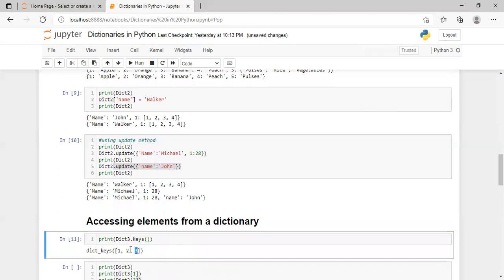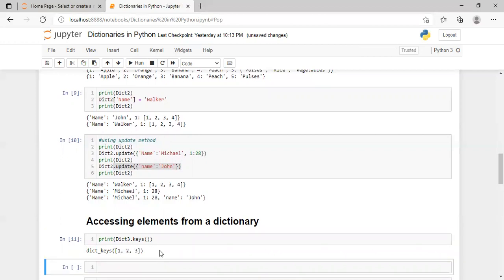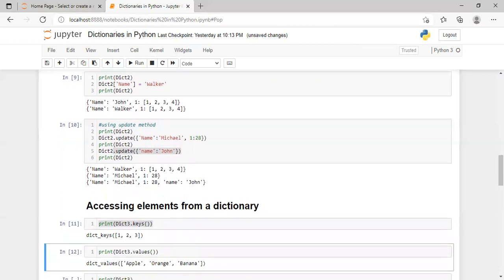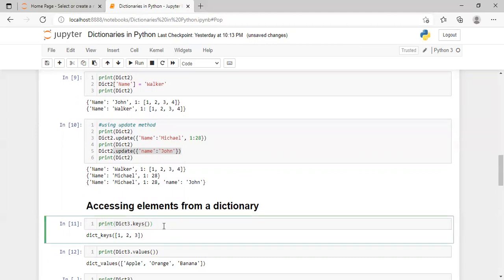And as you can see, I have three keys, 1, 2, 3. And let's say you only want to see the values inside your dictionary. You must have guessed the function itself. So instead of keys, we use values. So now 1 corresponds to apple, 2 corresponds to orange, and 3 corresponds to banana. So keys and values are two functions. Keys shows us the keys present inside a dictionary,